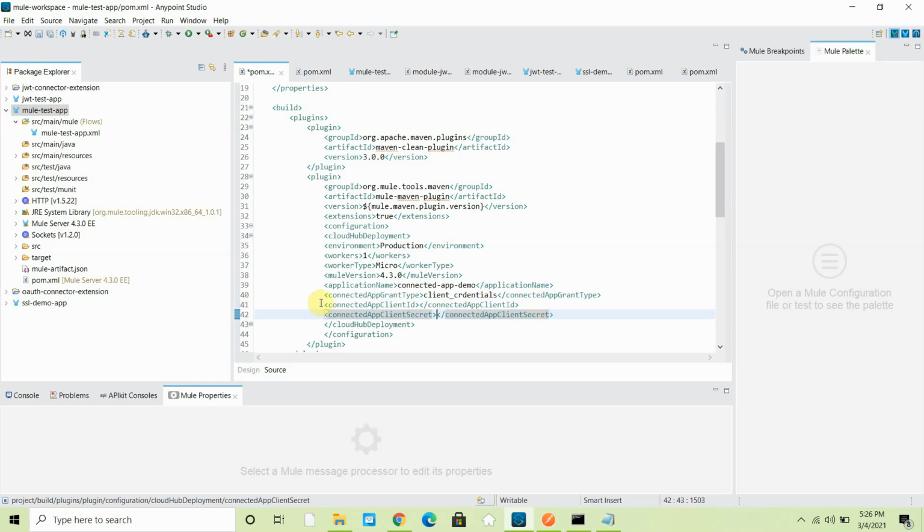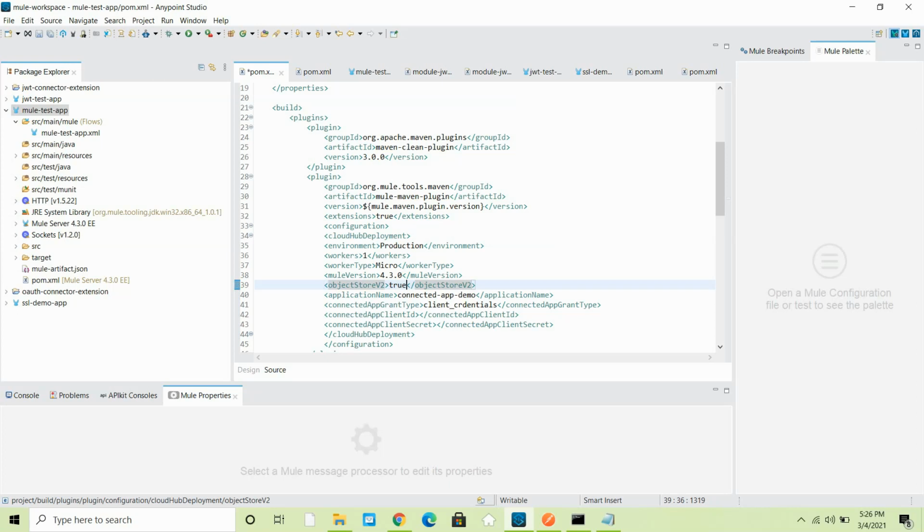So let me check whether we have all the right parameters in place. We have environment, worker type, Mule version. Also we can make use of whether we want to use object store version 2 or not. We will use object store v2, so I can say true. So these are the parameters we need to configure. What change have we done? Generally we use the Anypoint username and password for deploying the application. In this case we have used a connected app client ID and client secret. I want to fill these values, so give me some time.